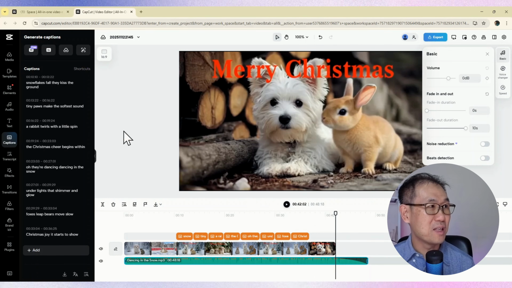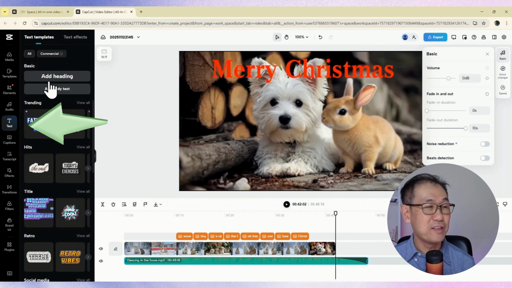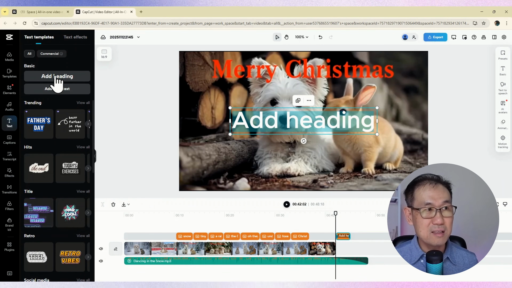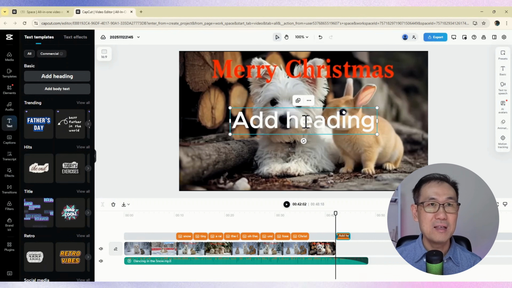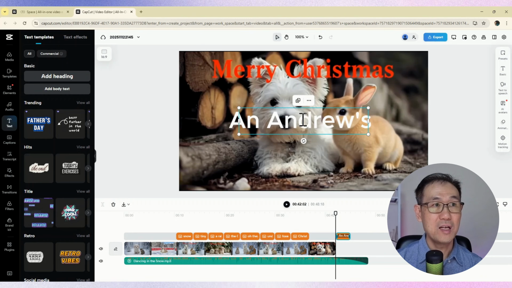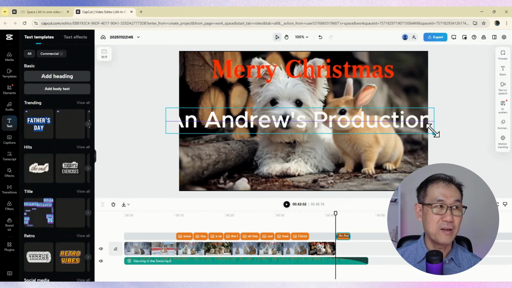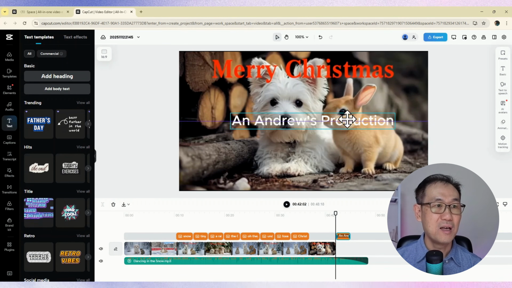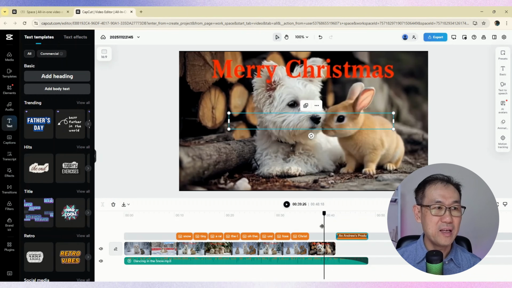And I'm going to select text. Over here, I can just add a text box, and I type in an Andrew production. Now it's a bit big. I can reduce the size and put it there. There it is. And when I play it,